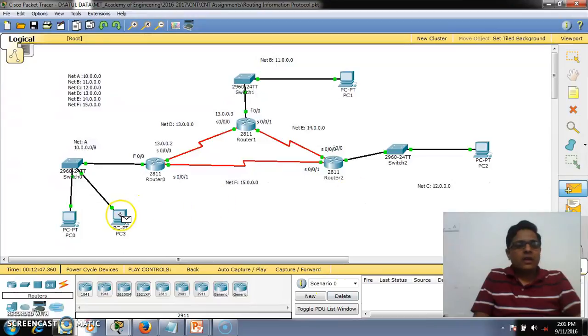Similarly, we can verify it with network A to network B. It has been successfully reached to B. And the communication failed. Once again, we shall try.